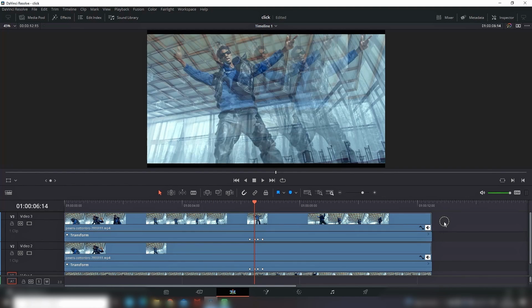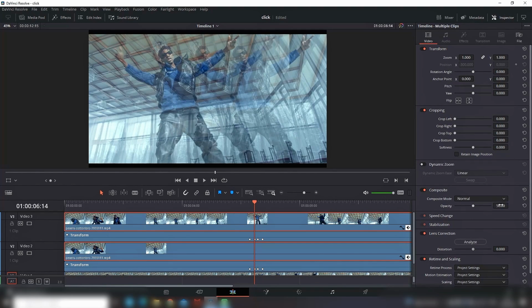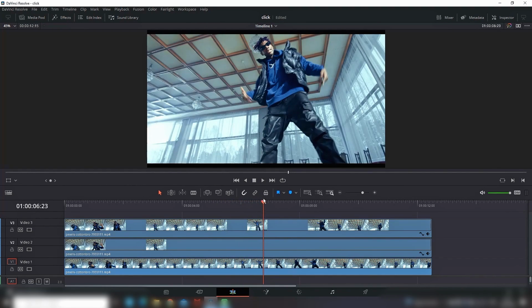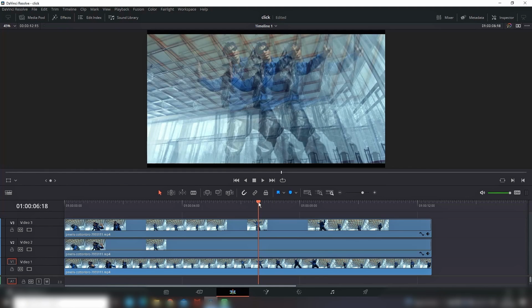So I'm highlighting again video number 2 and 3 and going to the inspector again. And I'm bringing the opacity from 50 to around 35. And also something else very important that you can do here. If you don't want the whole footage to move, if you want to use just the character, you can go